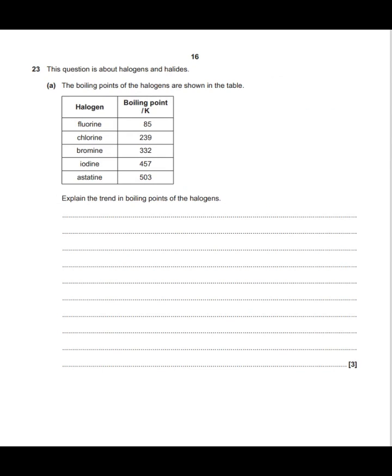Question 23, we've got a question about halogens and halides. It's the group 7 elements. Boiling points of halogens shown in the table. They're given in Kelvin, as we can see that the boiling point increases as you go down the group, and we've got to explain the trend. So it's not asking us to describe it. We don't need to talk about as you go down the group the boiling point increases. We just need to explain why that happens, and that is down to